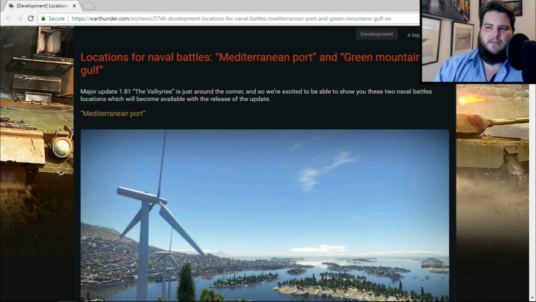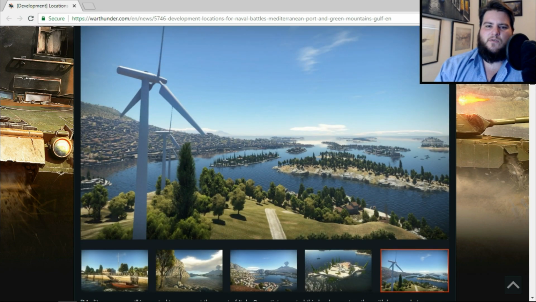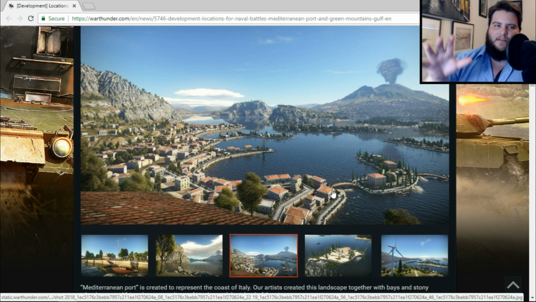The first one being, of course, Mediterranean ports. And the Mediterranean ports is created to represent the coast of Italy. Our artist created this landscape together with bays and stony islands, exemplifying the surroundings of Naples and the island of Capri. Now, I talked to a few people on the Discord about where this was, and it's basically, if you